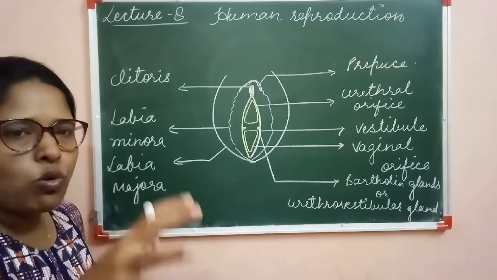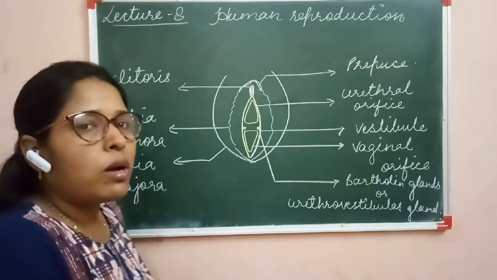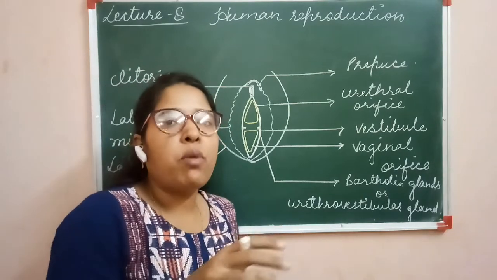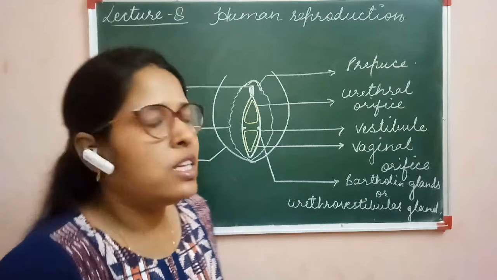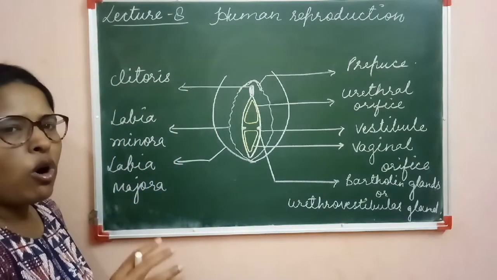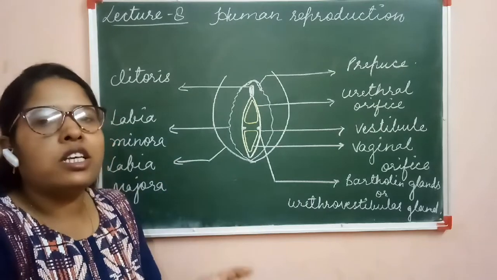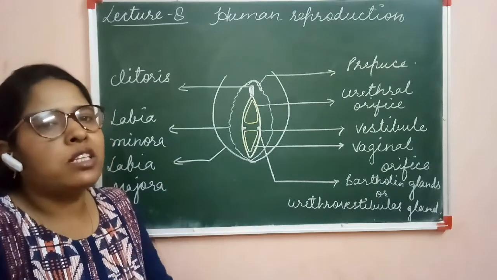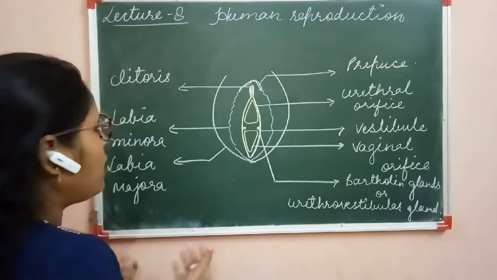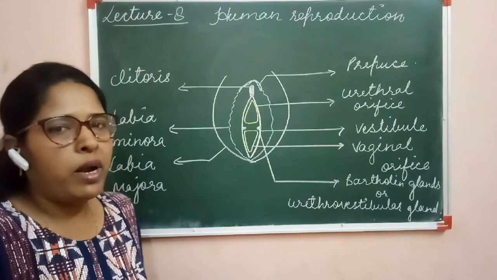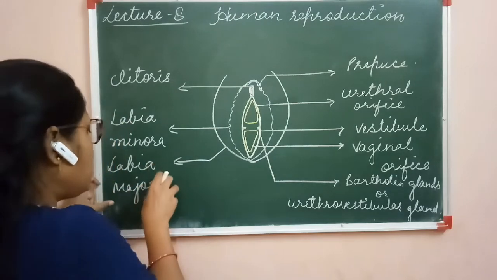Clear? In males, the scrotum is responsible for maintaining the temperature of the testes. Here there is no requirement of maintaining the temperature because oogenesis or ovulation can take place at body temperature also. But this structure